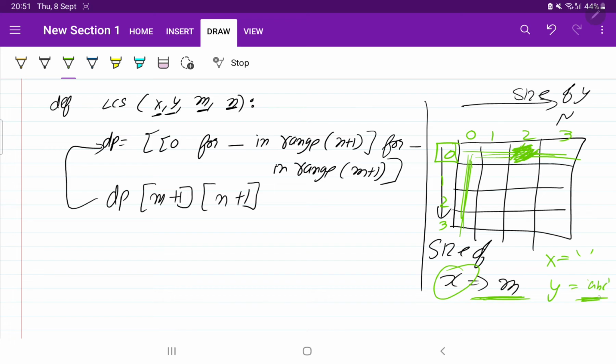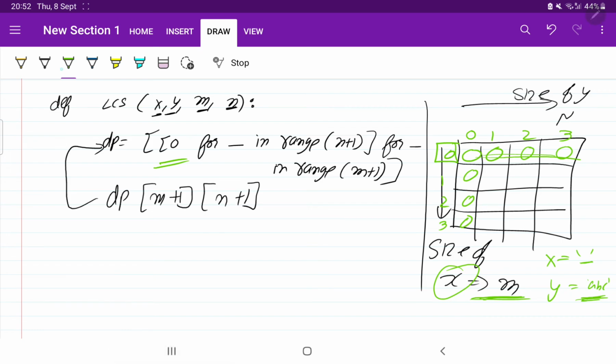Now tell me, what is the longest common substring in both? Can you find anything common? No. So you are going to return 0. Similarly here also 0 0 0. So whenever the length of either string becomes 0, we are going to return 0. So here we have started the DP with each element as 0.